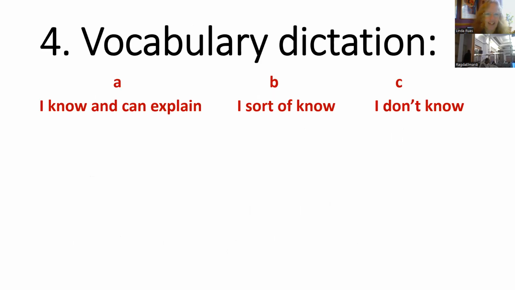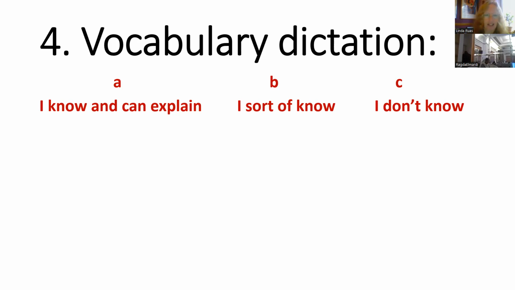Okay, let's move on to number 4. Number 4 is a vocabulary dictation. So this is good for revising vocabulary or for teaching new vocabulary for higher level students. I would like you to make 3 columns on your paper and call the columns A, B, and C. Okay, if you put A, B, C at the top of the columns,